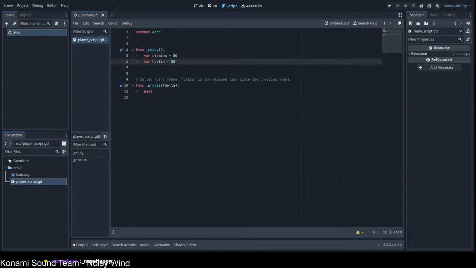a variable will allow us to set it using the inspector. The value that we set in the script will just be a default value. So if we save this and select our node, we can set a value in the inspector. If we print our damage, we can see that this